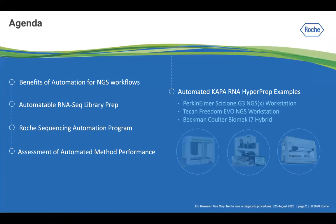So here's a quick overview on what will be presented during today's webinar. First, we will review some benefits of automation and why you may want to consider automating your NGS workflows. I'll also share some general tips for developing automated workflows. Then I'll discuss the automated RNA-seq library preparation kits that are offered by Roche and provide an overview of our